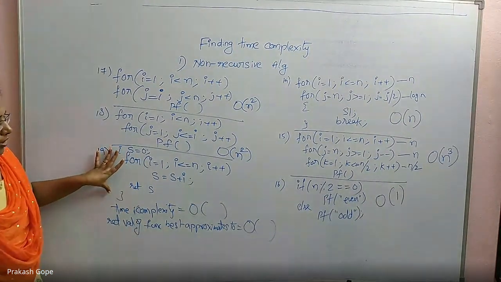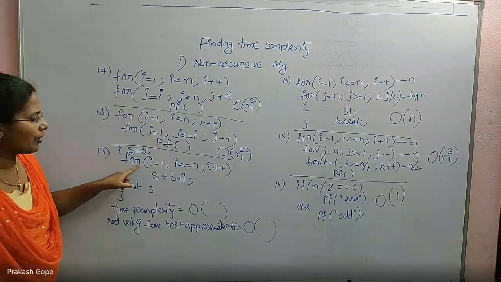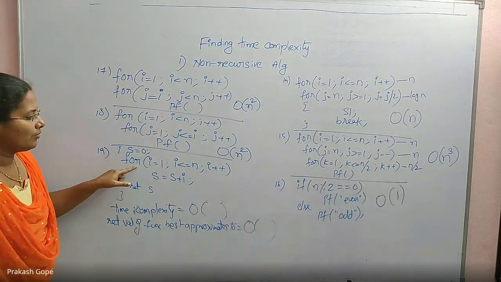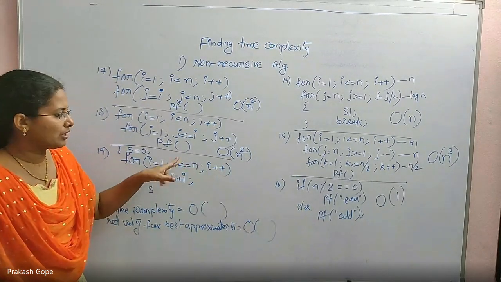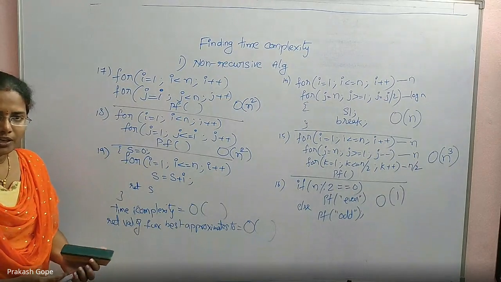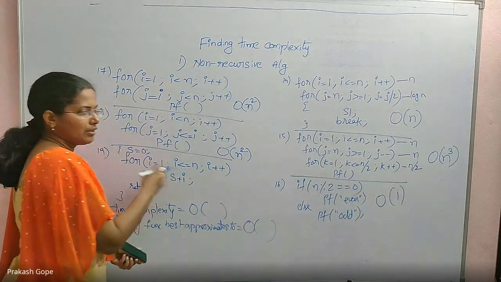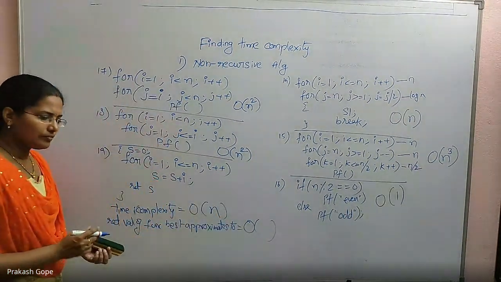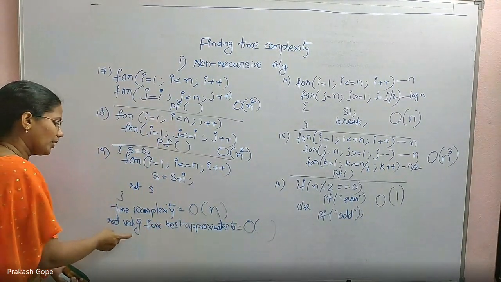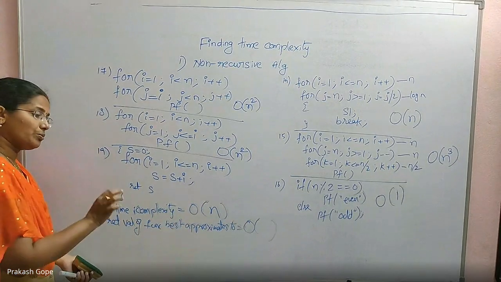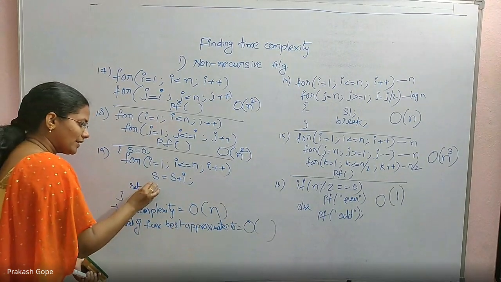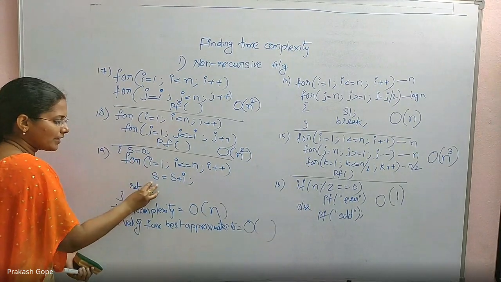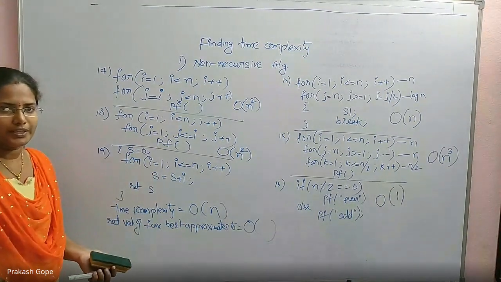If we just talk about time complexity, this is just a for loop. The s equal to 0 is a fixed number of instructions, so we are not interested. For loop 1 to n, i plus plus, which means the loop is running n times, that's all. There will be approximately n instructions, so we say big O of n. That is the time complexity. But now, for the return value of the function, our concentration is on this s, not how many times the loop gets executed. What is getting returned by this function is what we are interested in.